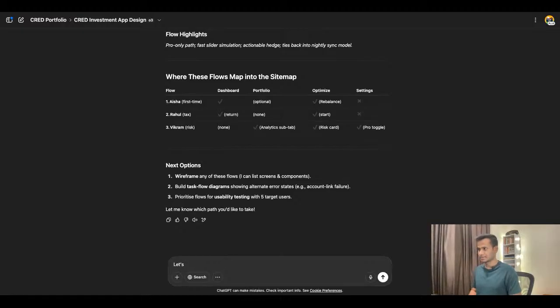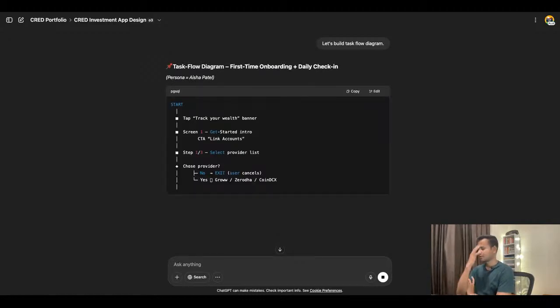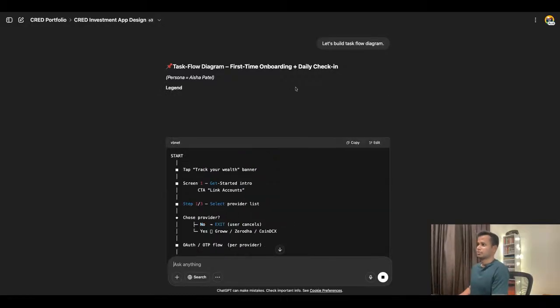Let's build the task flow diagram. Okay, this one will be the final one. After this, we will shut it down and wind up this session, and we will see in the next session for wireframe. So for the task flow diagram, what it is giving me,